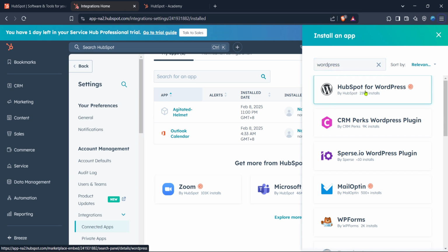You should also verify that your app connections are working properly by testing the form submissions to ensure they're being recorded in HubSpot as expected. And there you have it, you've successfully connected your WordPress forms to HubSpot, opening up a range of possibilities for automation and management. Remember, this integration will help you centralize your customer data, making it easier to create targeted marketing campaigns and achieve your business goals.